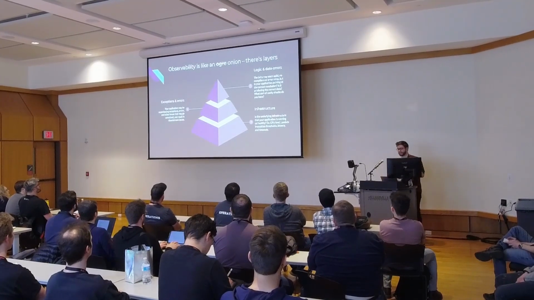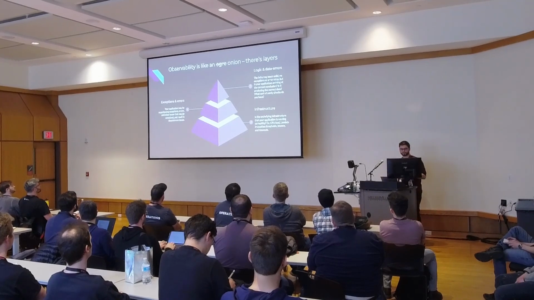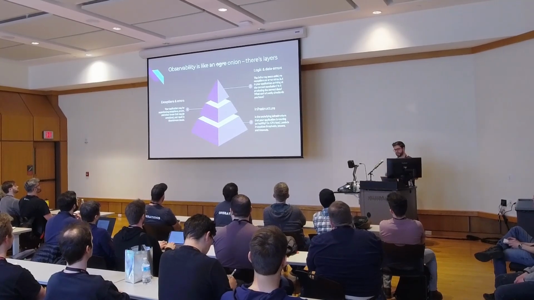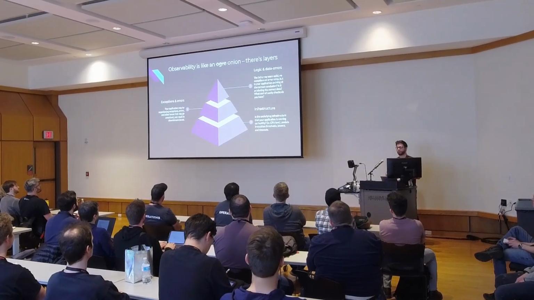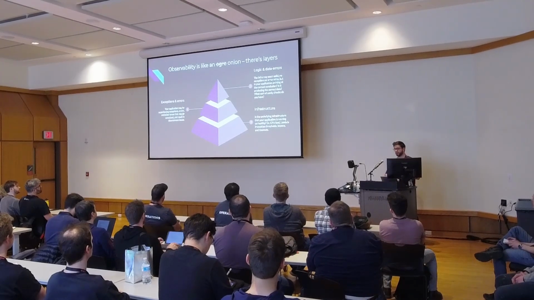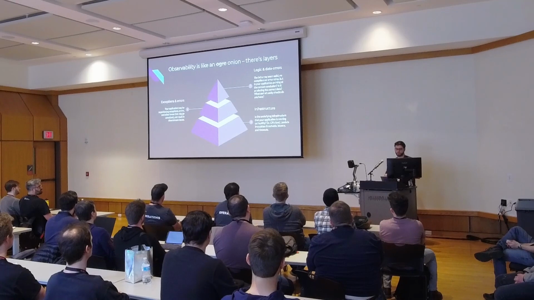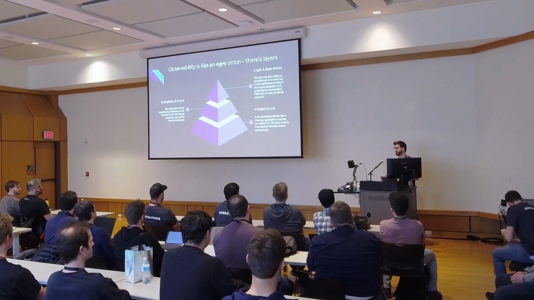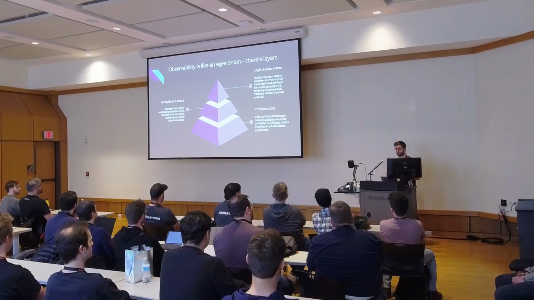So observability is like an onion, right? There's layers to it. At the base layer, you have your infrastructure, right? This could be cloud providers, data centers. It may just be a single on-prem server you have running in the corner of a closet. These are things like CPU. If you're running function as a service, invocation thresholds, it's network latency, it's application timeouts, it's all of that fun stuff.